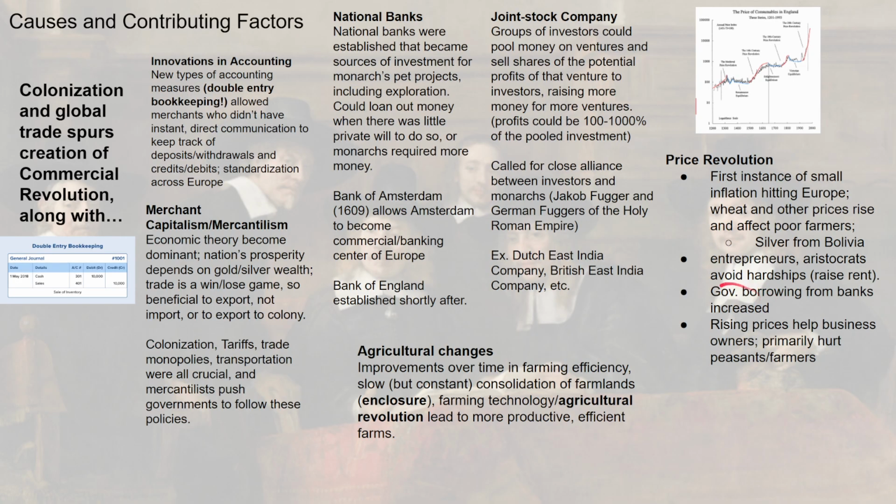So this causes inflation throughout Europe, causes increases in rent and food prices. With the increased inflation, governments are getting and borrowing more money, which is leaving less of a supply of goods out there for the peasants. So these rising prices hurt everyone, but mostly the poor peasants and farmers that had to deal with this price revolution, or this gigantic growth in inflation in the 1500s that hit lots of Europe, but particularly Spain and that region.